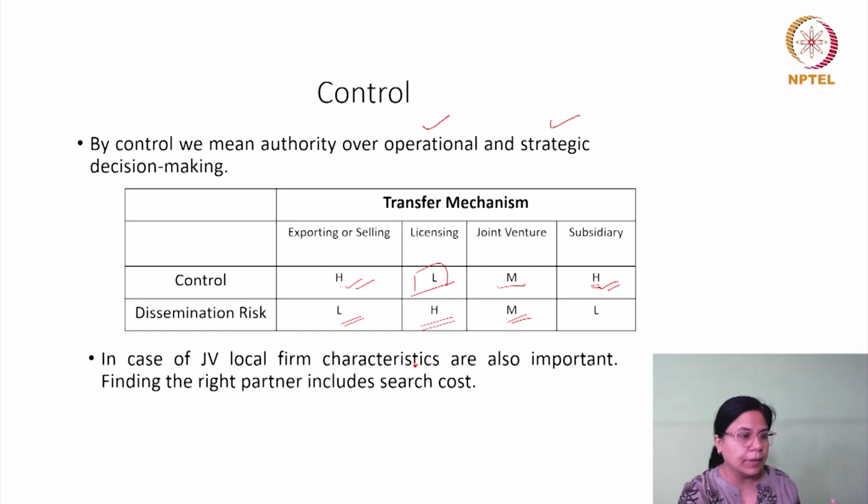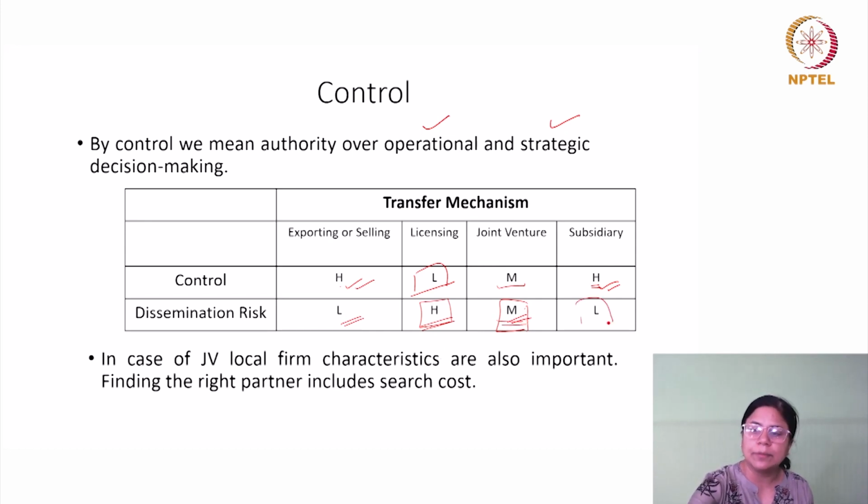You may ask the company to do the production. They will learn about how it works, and as a result, they will learn better about the technology. In case of exporting, what will happen? You will be merely producing in the home economy, and then simply sending it to the other party. Whereas in case of licensing, there would be more engagement of the other party. In case of a joint venture, once again there would be engagement of the other party and the potential for those people to learn from you.